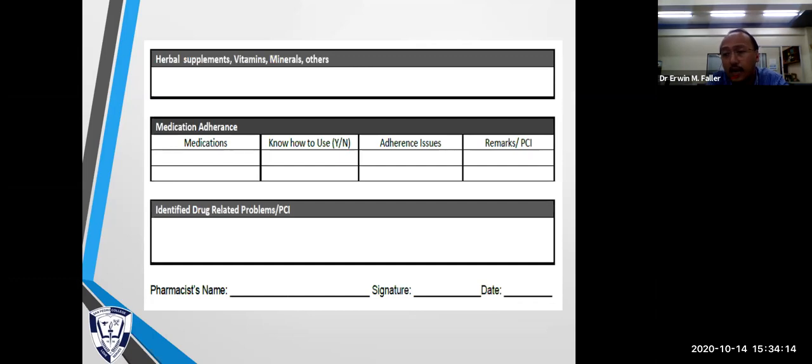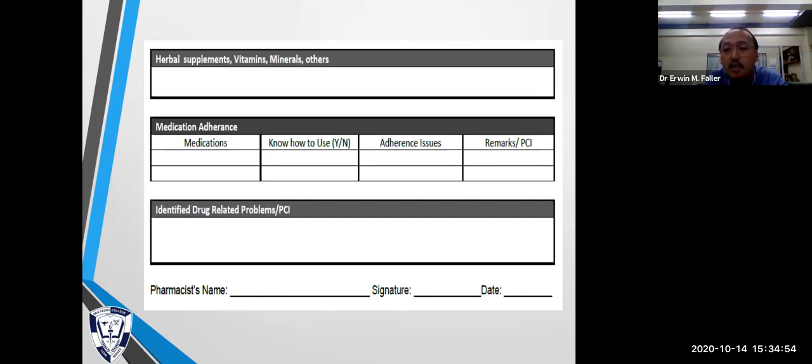And you'll be able to clarify the specificity of the generic and brand name of particular medications. Another one would be herbal supplements, vitamins, minerals, and others, including hormonal replacement therapy or HRT, or oral contraceptives, that may interfere or have interactions with particular medications. So you really need to dig into that, in terms of other interventions by the patient, or self-medicated, or over-the-counter medications and all.